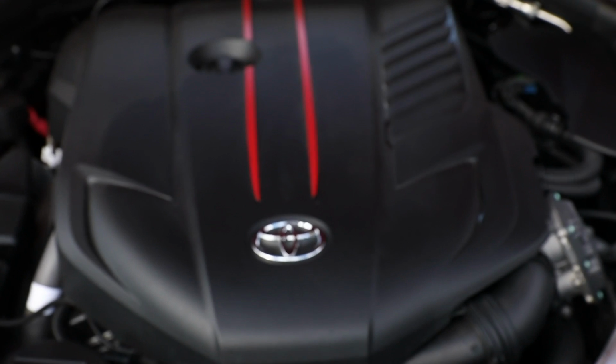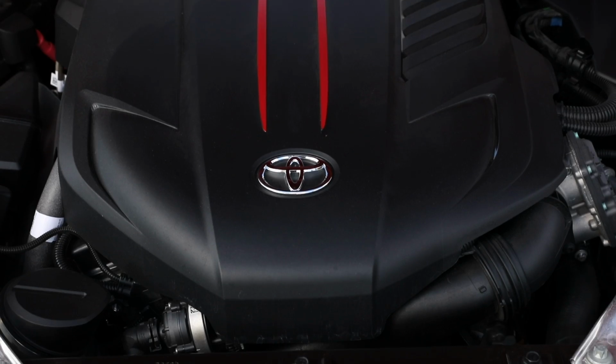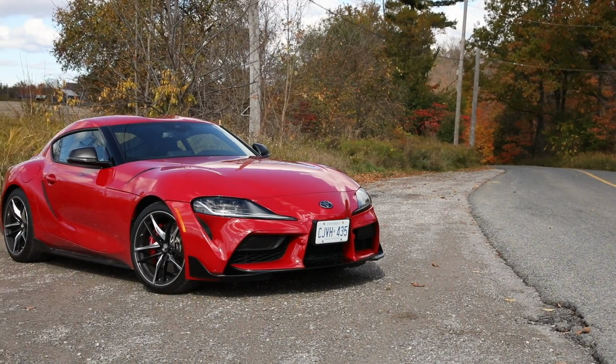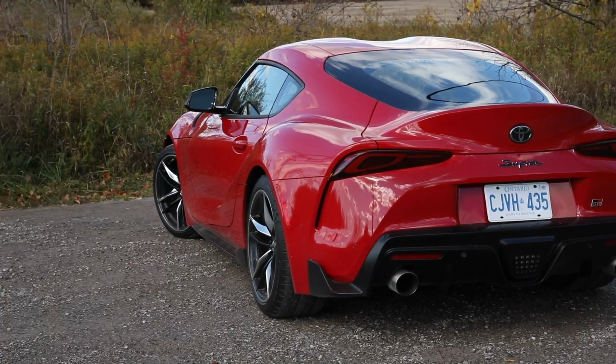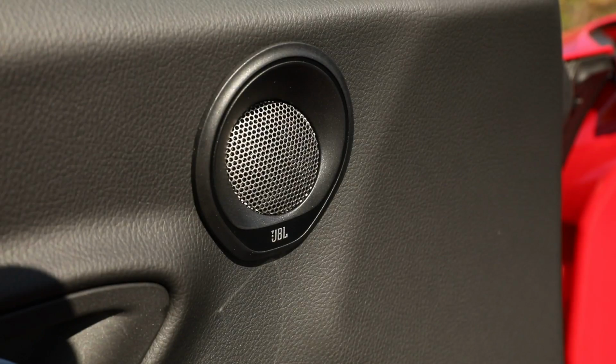We are in the one you want, which is the 6-cylinder version. It's a 3-liter single turbo. It makes 382 horsepower, but those are German horsepower, so they're a bit bigger than the other ones. And it rings in at $67,690. Now with that bigger engine, you also get a 2-mode active exhaust, you get a 12-speaker JBL surround sound